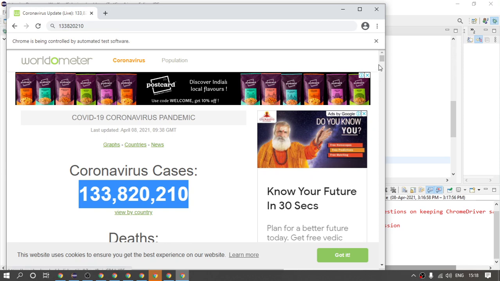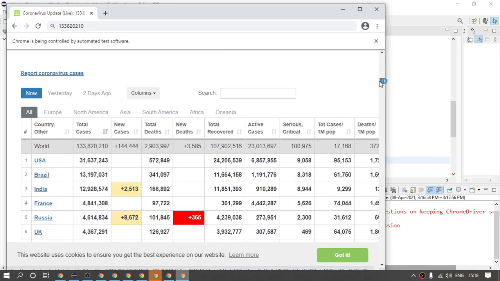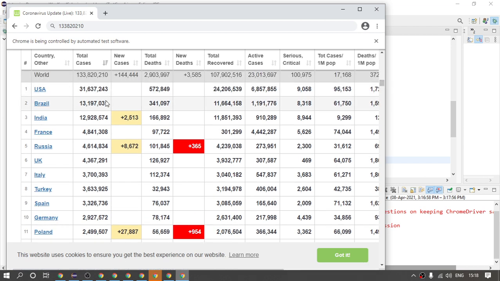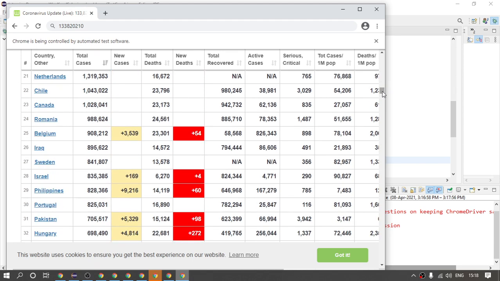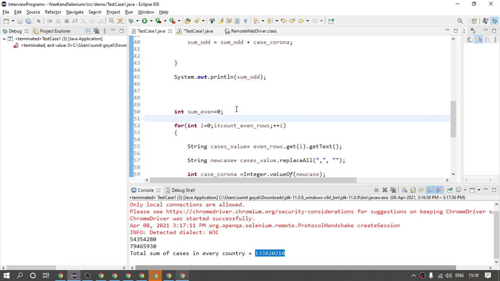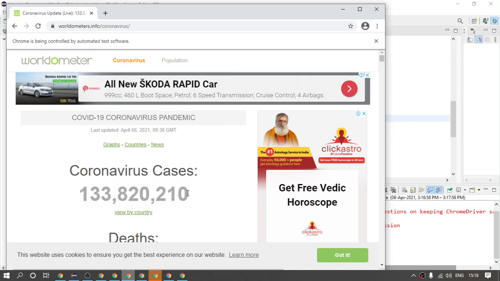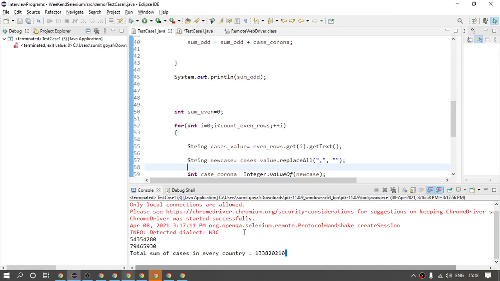correctly. Just assume that if you want to test this website on a regular basis, then you have to add all the numbers manually, right? Which would be very hectic. But within one minute after writing this code, every day I can run this code and it will give me the correct result. Later you can also put an if and else condition: to validate whether it is correct or not, fetch this text using the getText method, extract the number, remove the comma, and compare whether this number is equal to this one or not.